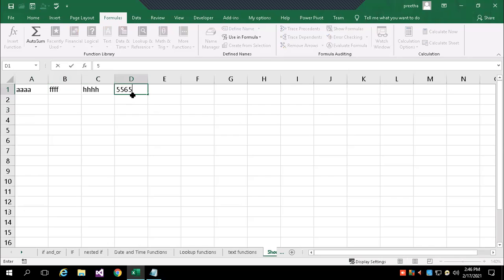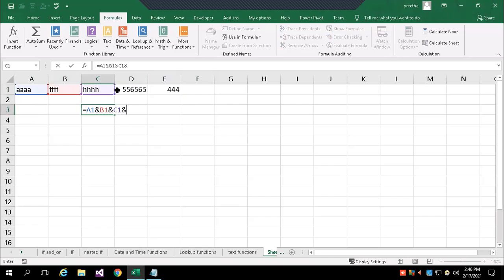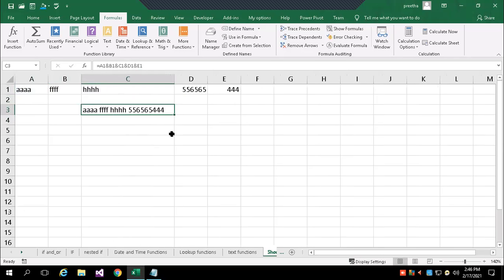If I have here some number, now the cell address ampersand, the cell address, you can see it becomes one cell. Everything is combined into one. So whenever you want to combine together, you can use ampersand.